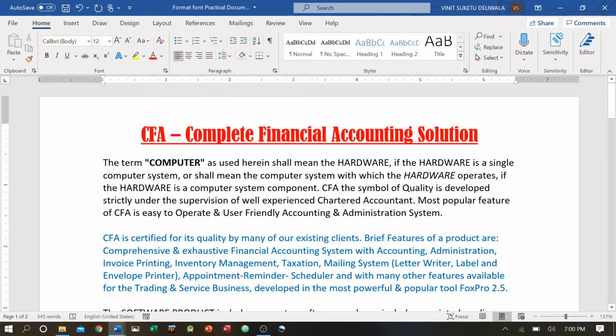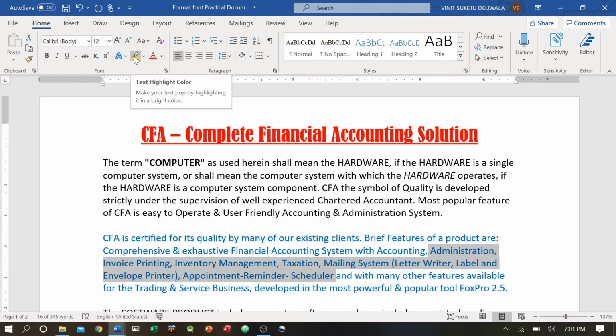You have something known as highlighter. Now whatever you have applied right now, that is font type, font size, whenever you print the document, if you have a color printer, it will appear in the same way as it looks on the document. But as far as highlighter is concerned, say I want to draw attention to particular information. I'll select that area, say these are the features of the accounting software. Whatever area I want to highlight, I'm going to select highlighter.